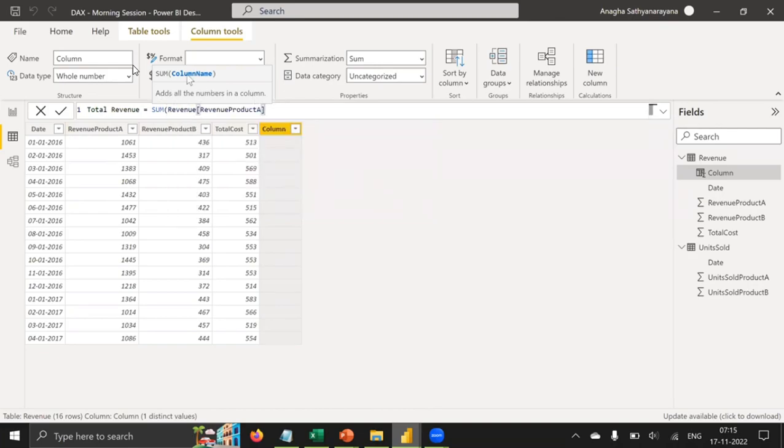Now here it is allowing me to select only one column. Even if I specify a comma, it is showing an error, right? You can see that there is an error, unexpected parameter. So if I just close the brackets and press enter, the result will be